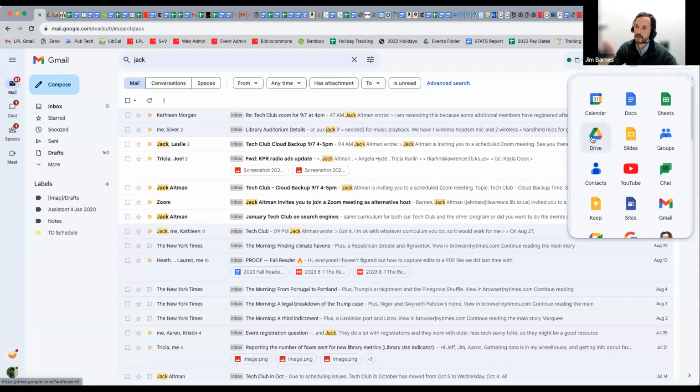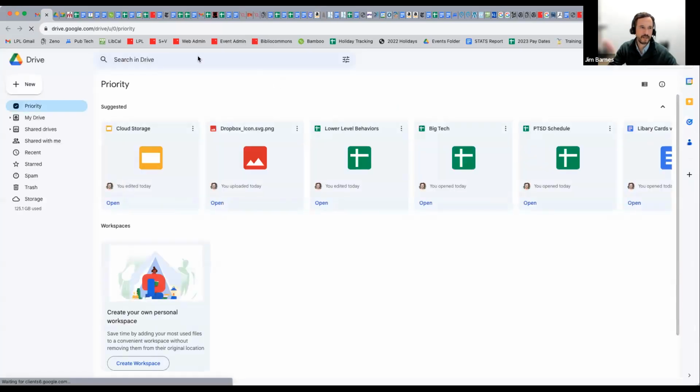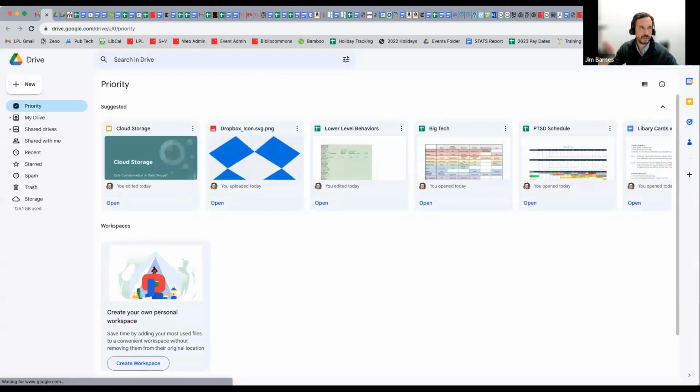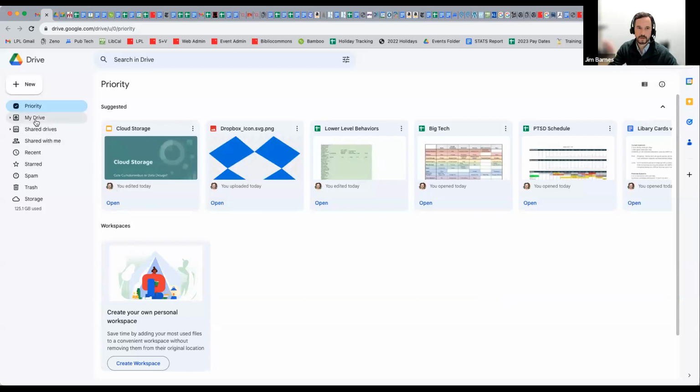So if I click on Google Drive, it looks like this. I think I need to keep changing my window that I'm sharing. Can you see that? So even this presentation that I'm using right now is actually stored in my Google Drive. It's a Google Slides. So it's one of their apps. So I didn't actually put it in my Google Drive. It automatically is created there because that's where it lives, as you might say.